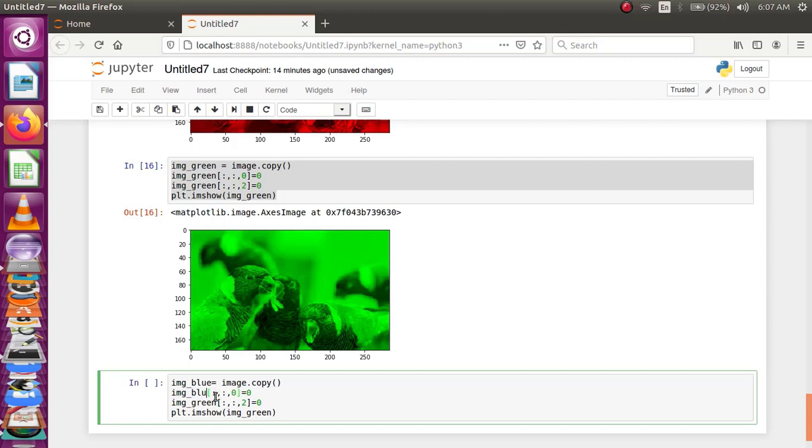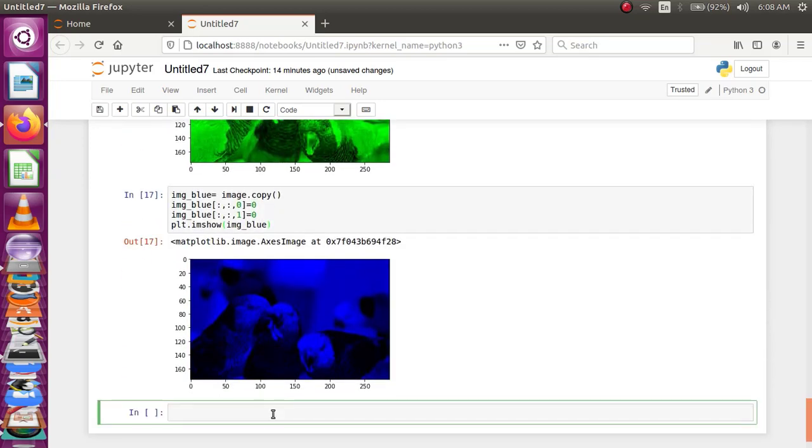So making the red channel 0 and again the green channel 0, so that I will have only the blue channel information. This is how you have to extract the channel information from the image.